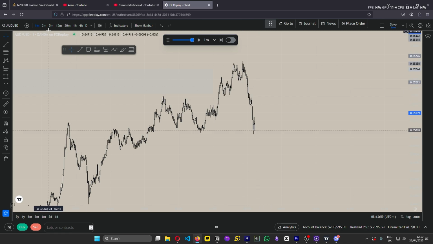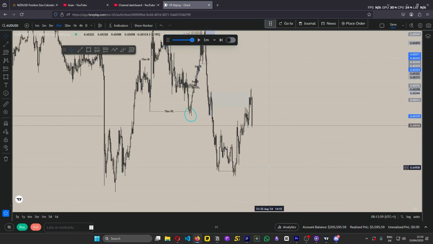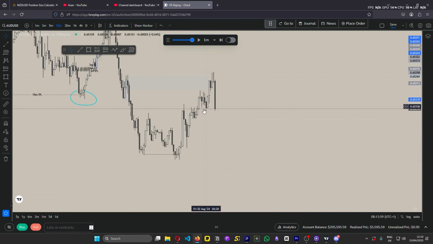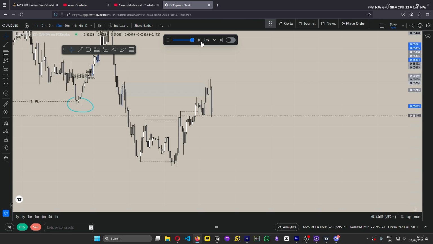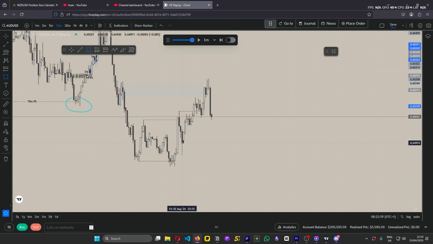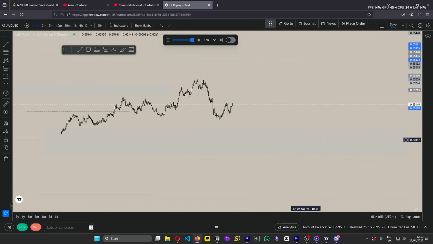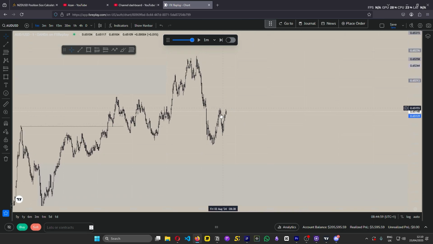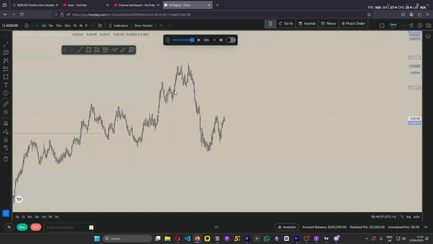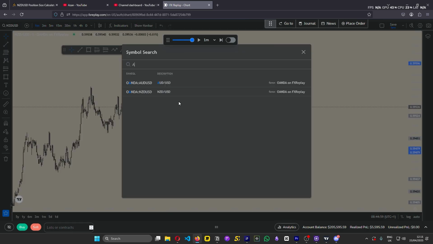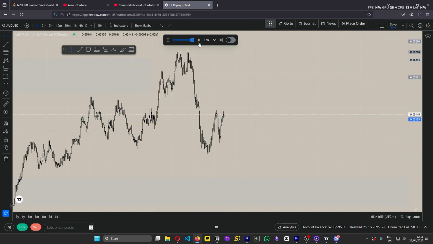So for example, right here, wait, this is a change a little bit. This is the last break of structure. So ideally we want this low that's down here to get broken to continue the bearish trend, because that is the main break of structure. And as of right now, by the looks of things, we just got an external shift of flow bearish. So I'm going to be looking for a sell on AU only, nothing else.